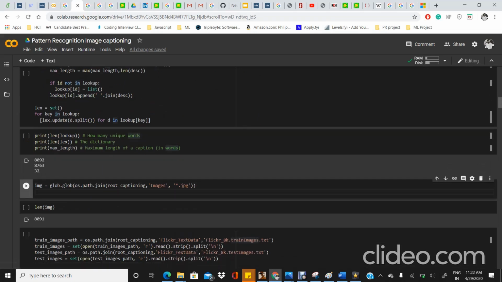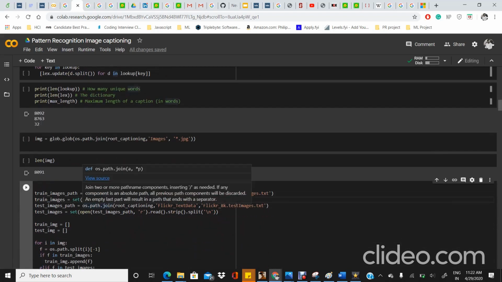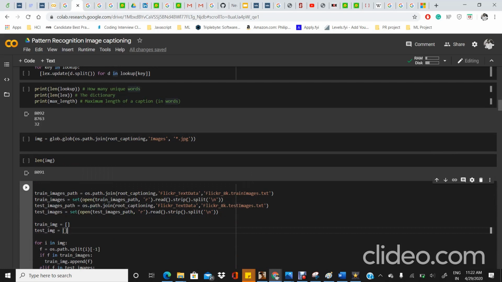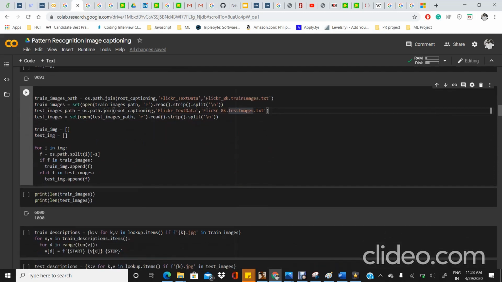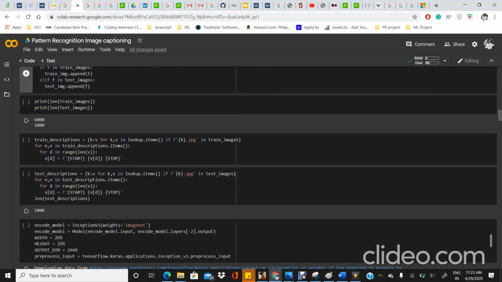We similarly define a path where all the images are stored. We segregate the dataset into training and testing with the help of the train images and test images files available to us from the Flickr dataset. We finally have 6,000 images in our training set and 1,000 images in our testing set. The rest of the images are used as a validation set.